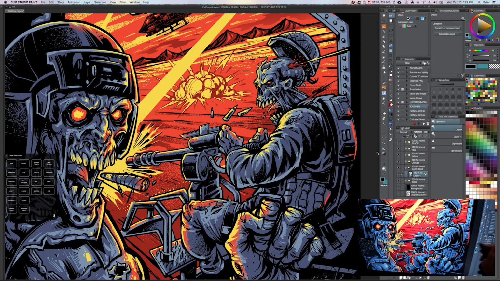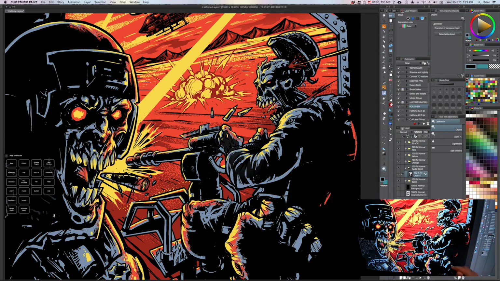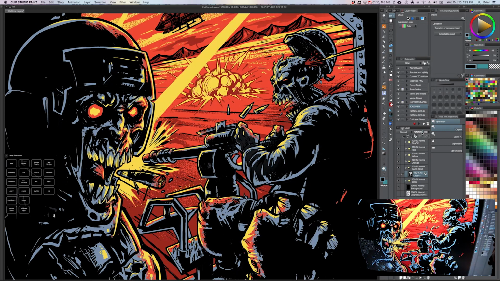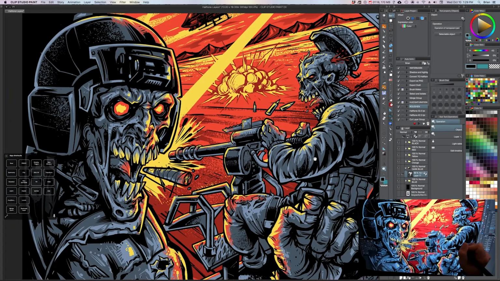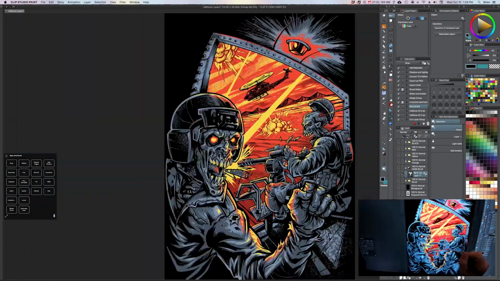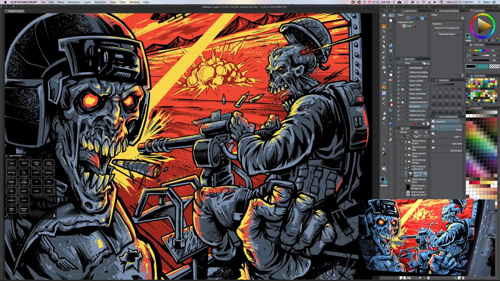So I'm going to lock the transparency and fill it to a fat ugly black, and I'm going to lower the opacity until I get kind of the tone that I was looking for. It's not going to be as rich as that dark blue, but it still gets the idea across. So once I have the opacity that I'm happy with,